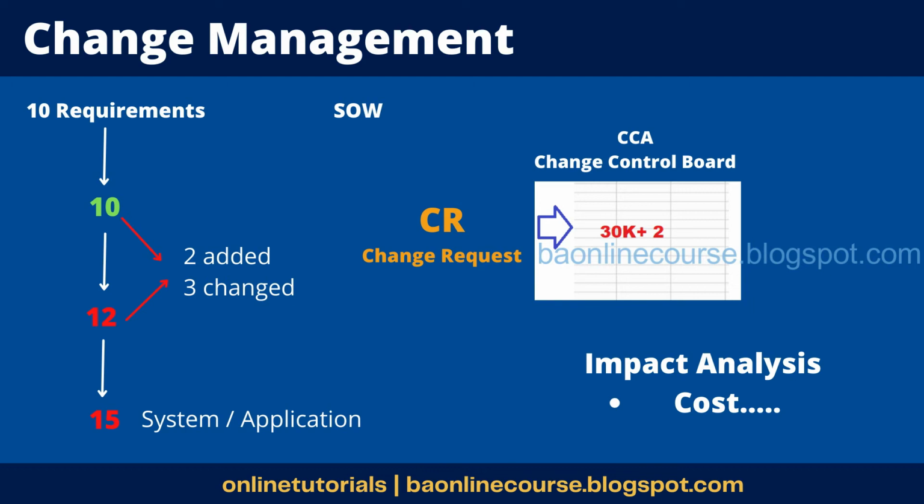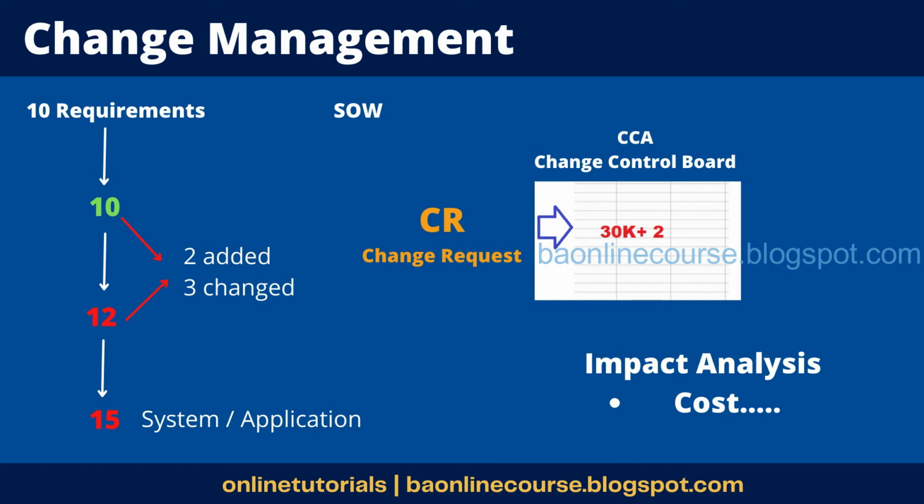ensure that there is a change management process which is agreed upon during the requirements, during the planning phase. Why? Because if there is no change management plan, the customer would say, why should I fill this request? There is no process as such. So it becomes easier for you to convince the SMEs to send you these CRs. It makes your job easier. You can always say, it's a process. You can blame the process and say, we need this request in this particular format. People generally buy that logic.